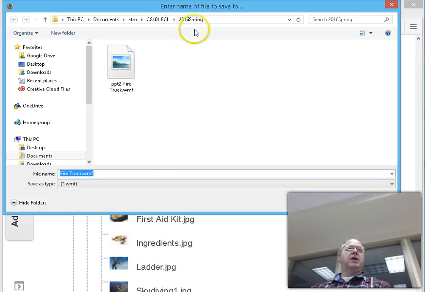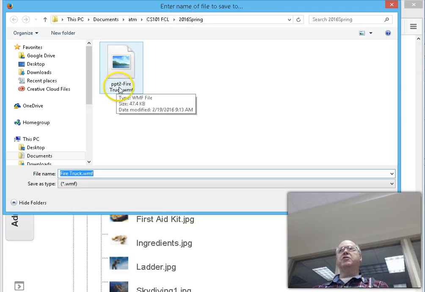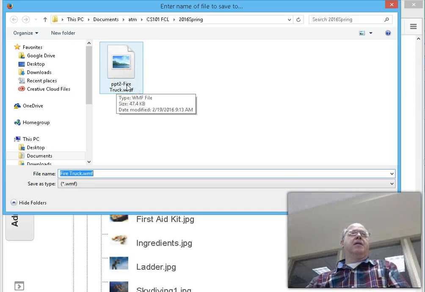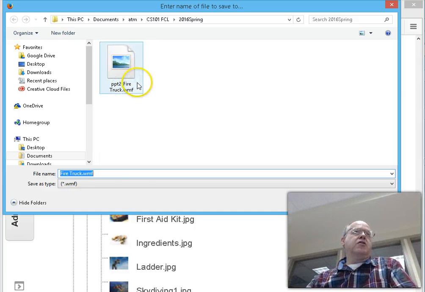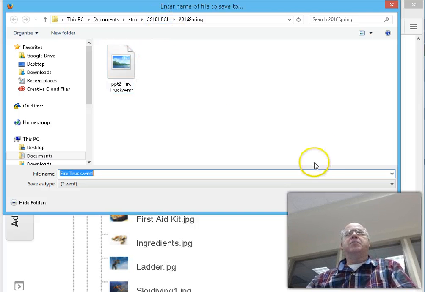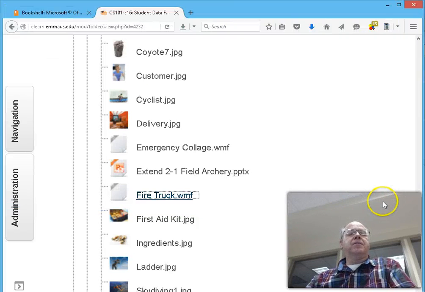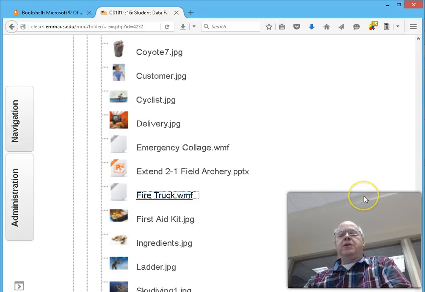I'm going to put it in my same folder, and there it is. I gave it the name PP2 fire truck. The name you give it is not important. You can save it as fire truck. You can save it to your desktop. Just don't forget where you save it to, because in PowerPoint, you're going to need to point it to that. Okay, since I already have it, I can cancel the save. Then back in PowerPoint,